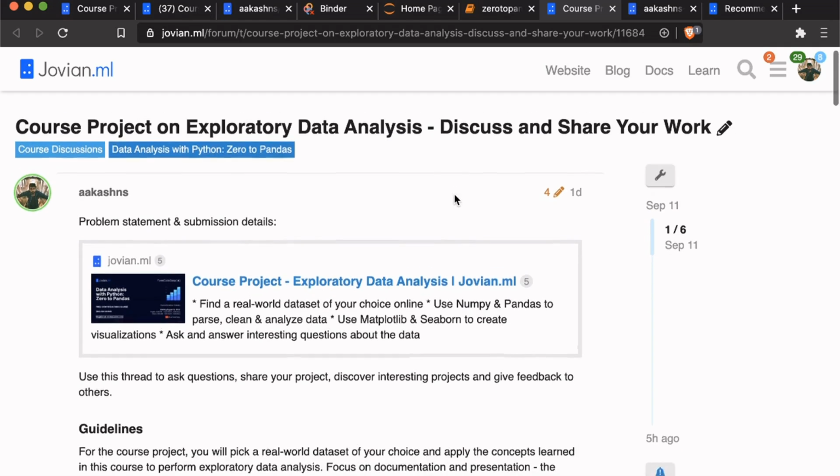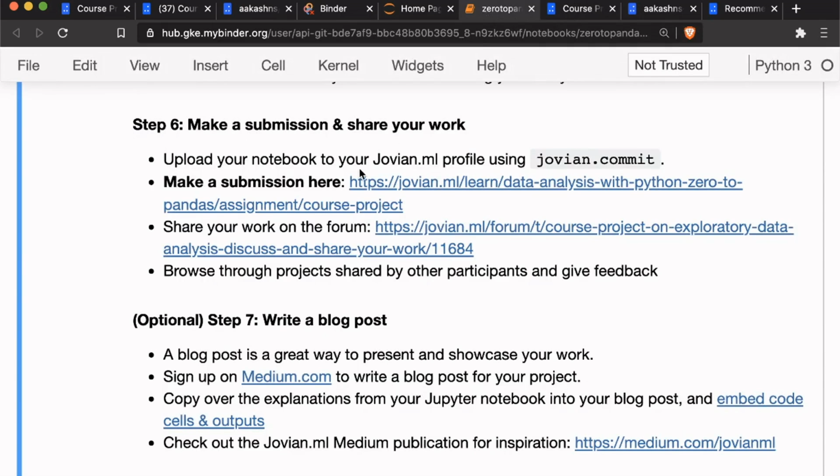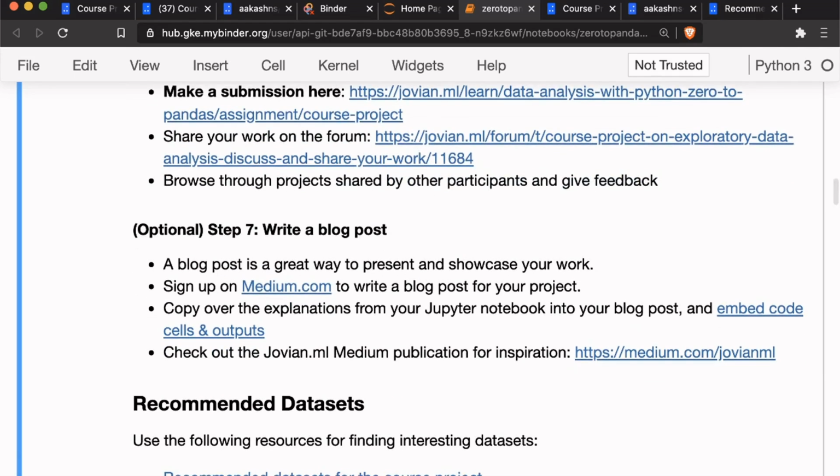Please share ideas. On the datasets thread, you can also share ideas for datasets. On this thread, you can share ideas for projects, share an update on what you're working on, how your notebook looks so far, and keep sharing updates on a day-to-day basis and support each other. And that's how we can all create maybe 1,000 or so interesting projects. You can also share these projects on social media and just tag us, and we will be retweeting 4 or 5 interesting projects every day. And do try to give feedback to other participants too.